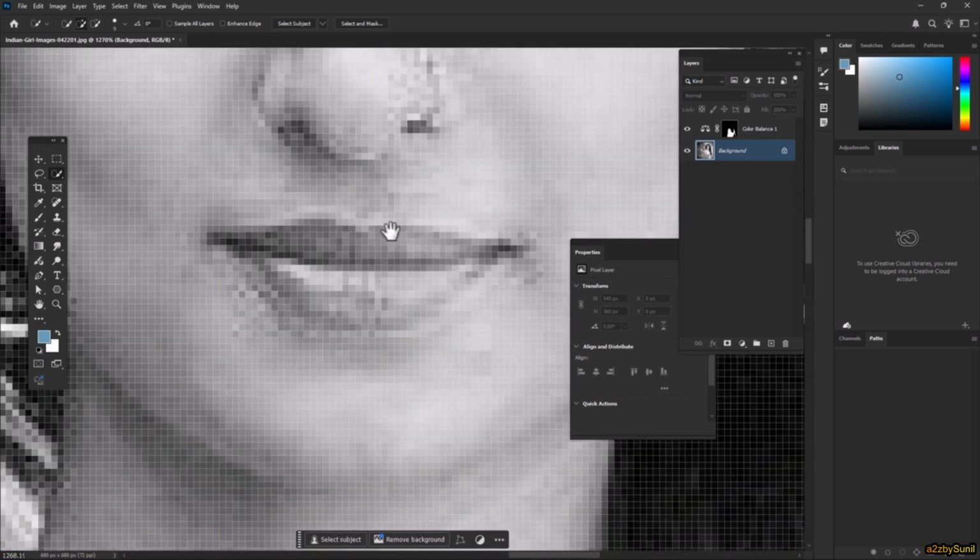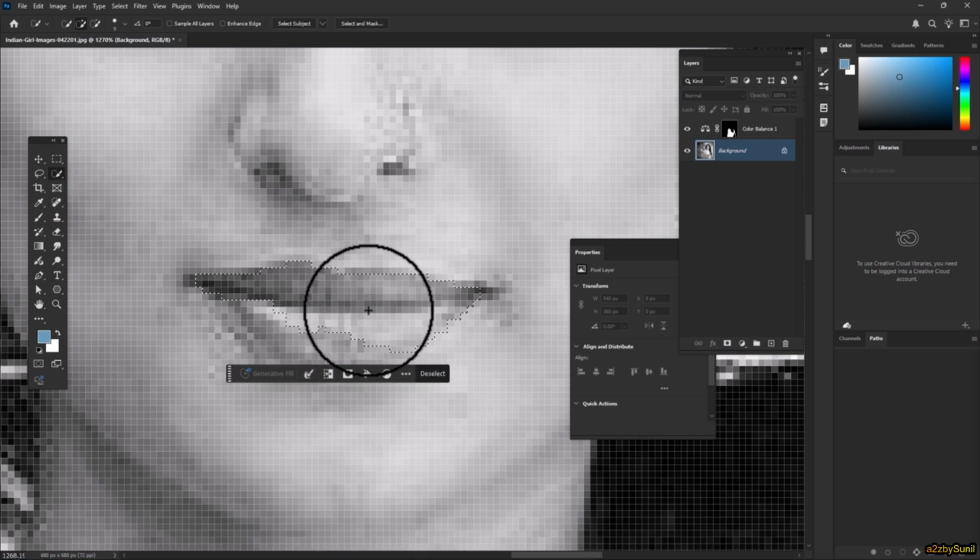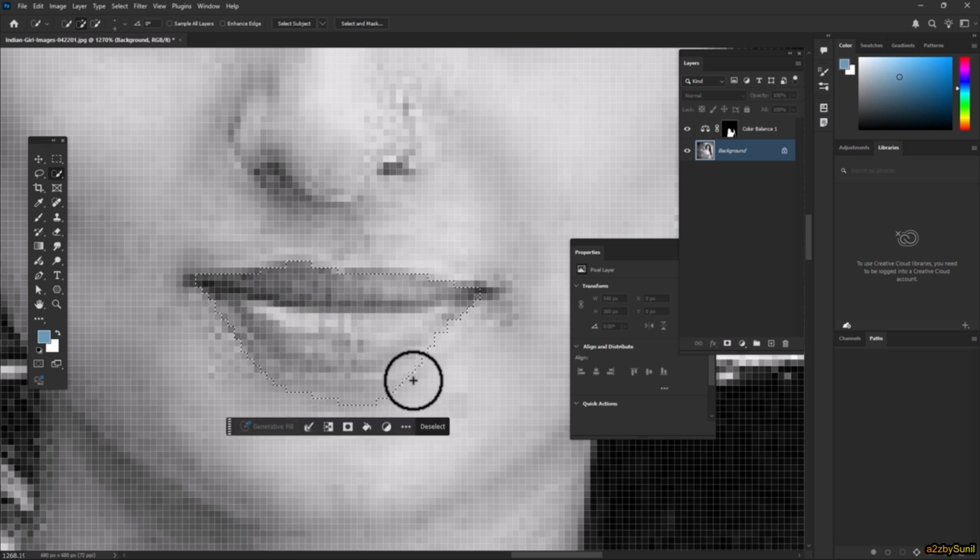And now time to make color for the lips. How to select? Let's try quick selection. Select, change the size by pressing the keyboard bracket button. Select this part of the lips, hold Alt key,